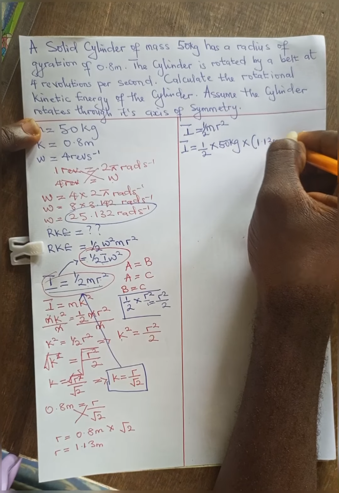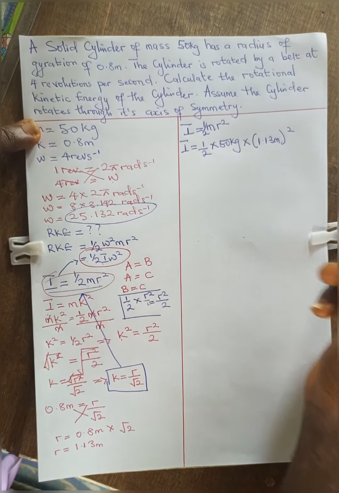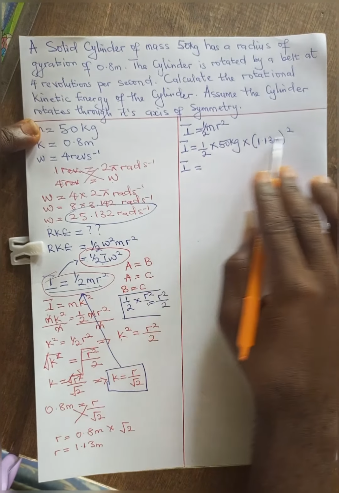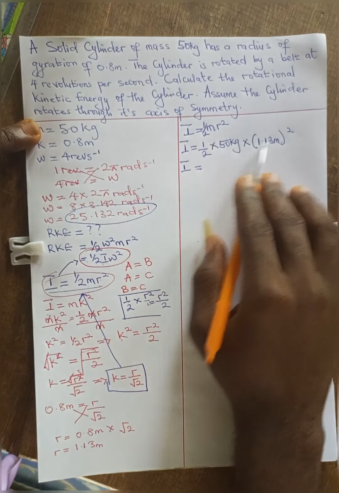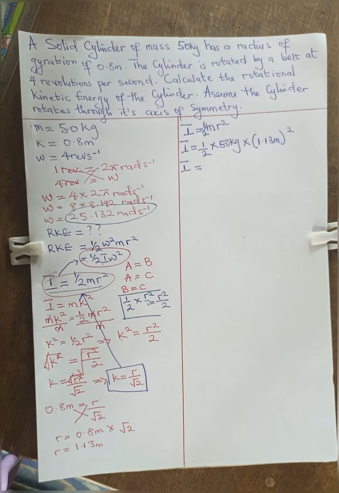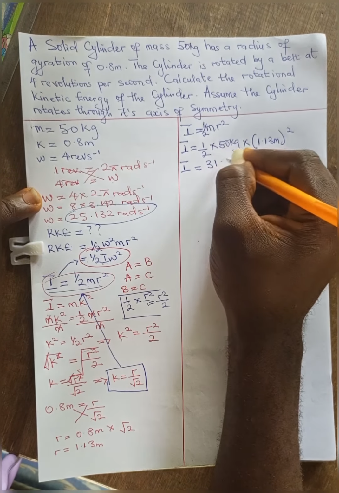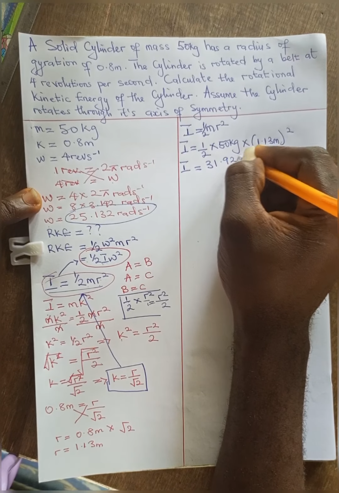E dey squared, so we also square am. So when you calculate this with your calculator, square this one first, multiply all this and divide it by 2, the answer wey you go get na I equals 31.92